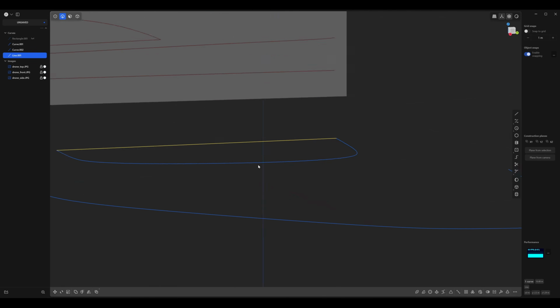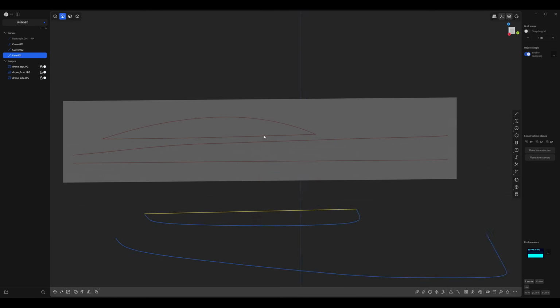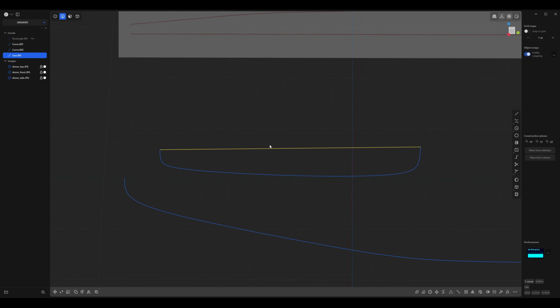Let's go to our perspective view and see what that did. So it connected it with a straight line, but how do we get this curvature? Well, it's pretty simple. You can just press Shift S and it raises the degree, which means it's adding additional detail. And we want to do that 3 times. So this is 1, 2, and 3. So now this is a 4-degree curve.